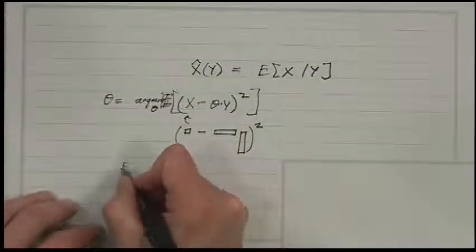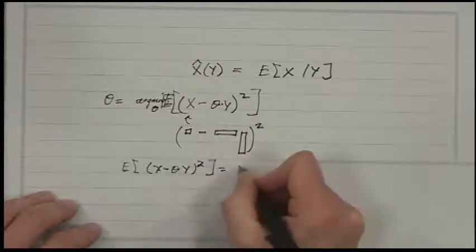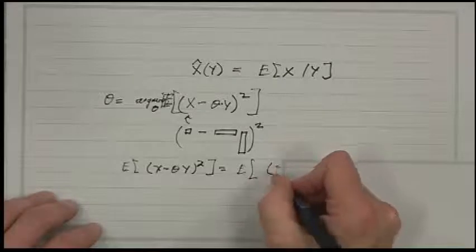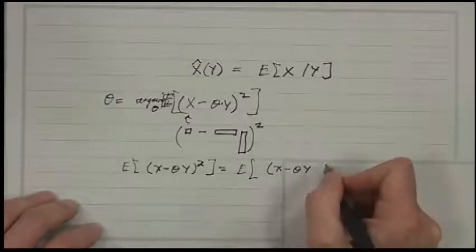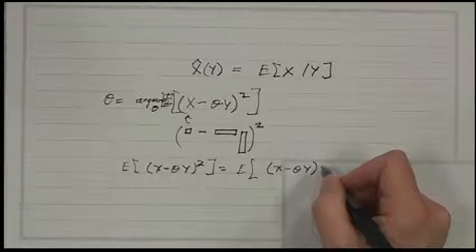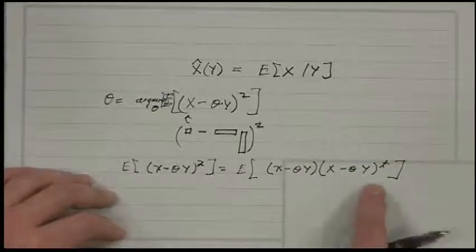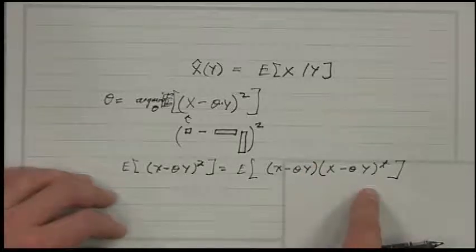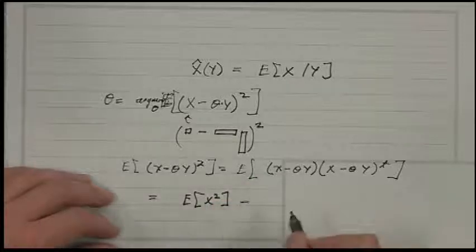So if I do that, then the expected value of x minus theta y squared is equal to the expected value of x minus theta y, squared. I have to be a little careful. I'm doing this without notes, because if I get the transposes in the wrong place... okay, I want to do it like that. I could have put the transpose here or here, because these are scalars, so either way it works out the same. Okay, so this is then equal to the expected value of x squared, that's just a scalar,